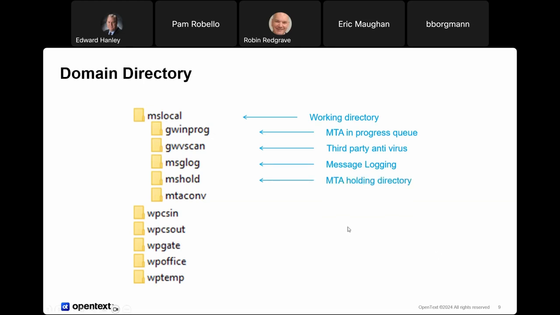We have the message hold directory. This is where messages get put if they can't be delivered because the destination is unreachable. One thing to think about here is we don't do single message store. So if I'm sending a message to 10 domains and they're all down, then there's going to be 10 copies of that message in there, which